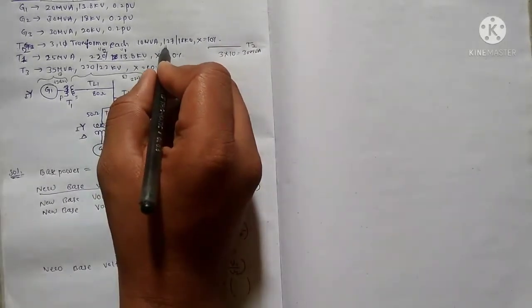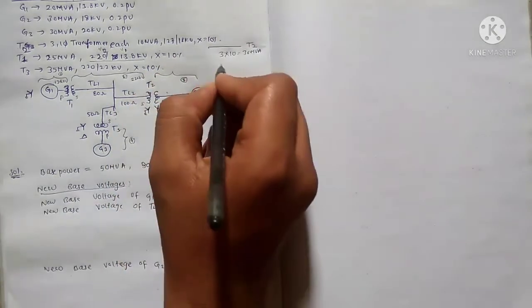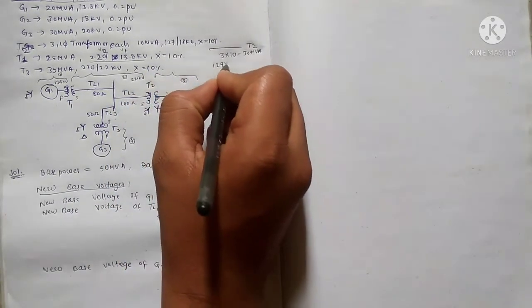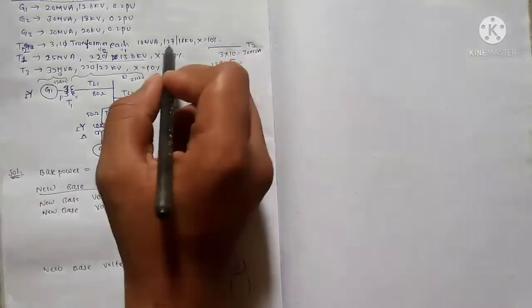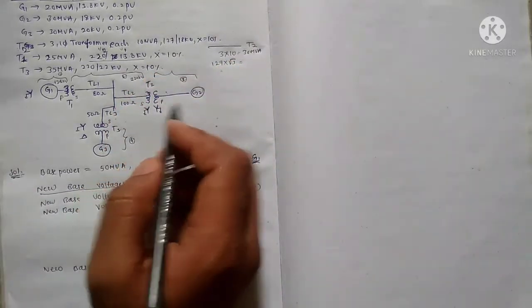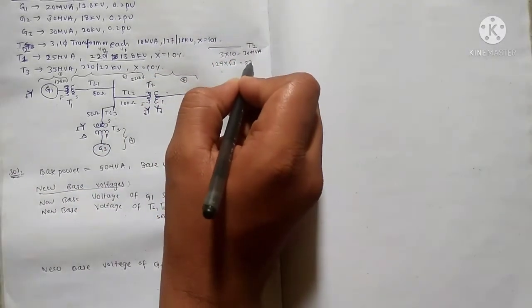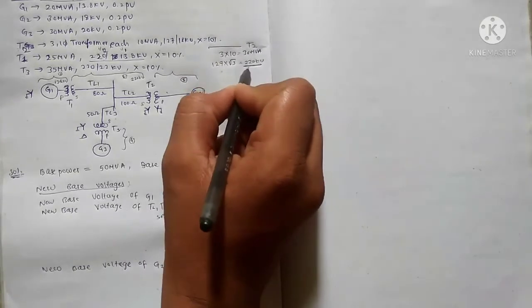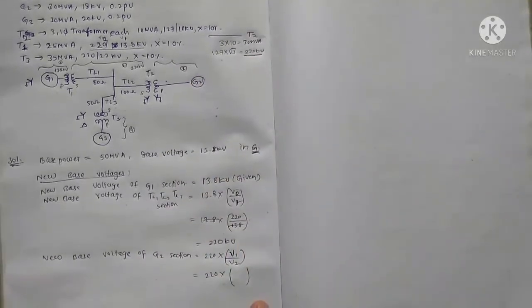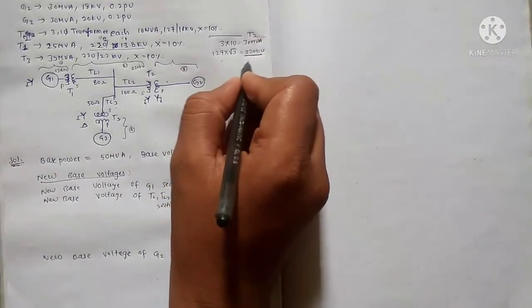And next, 127 by 18 kilovolt. 127 is multiplied by root 3 times, because 127 is connected in star, right? Therefore we multiply, and overall it gives us 220 kilovolt. If we calculate, we'll get it. Now this 220 kilovolt